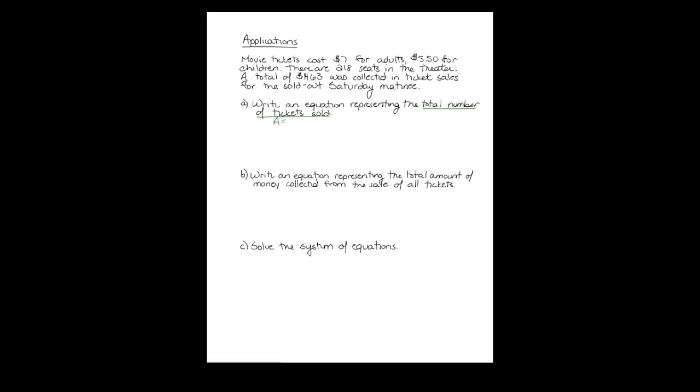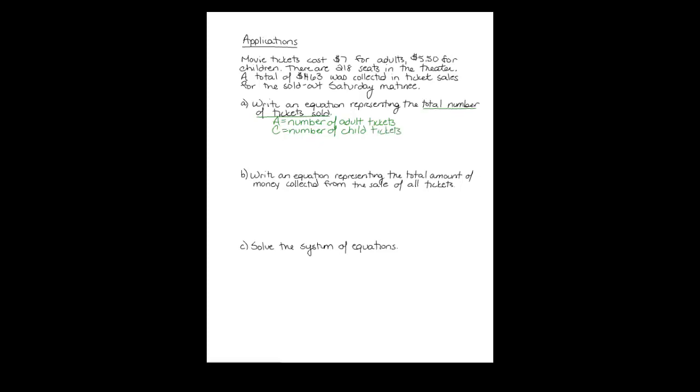So I'm going to choose A as the number of adult tickets sold, and C for the number of children's tickets